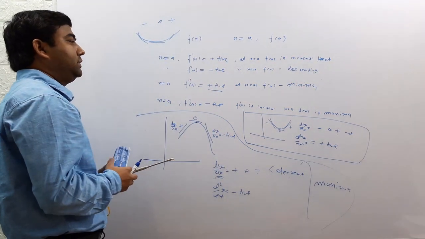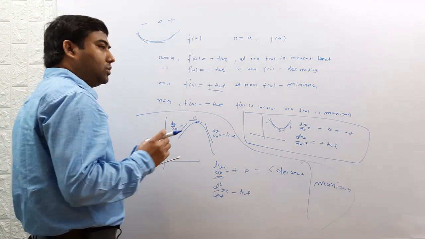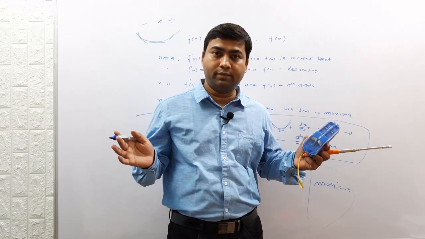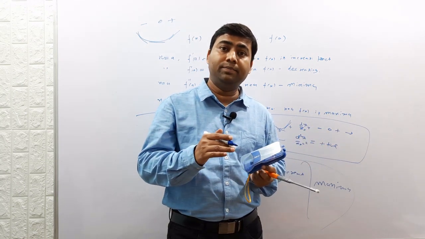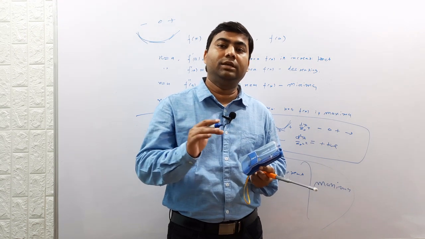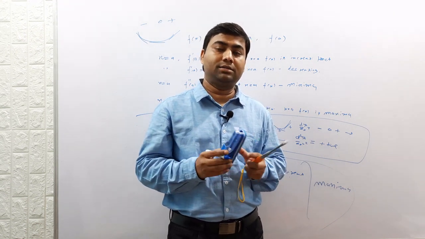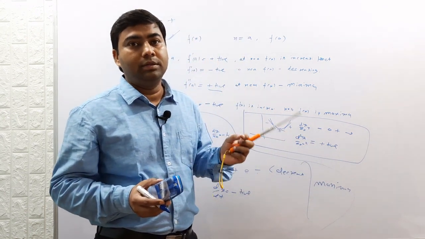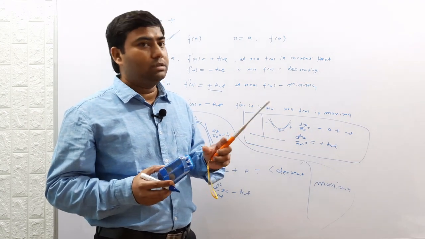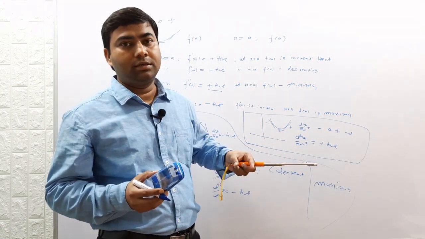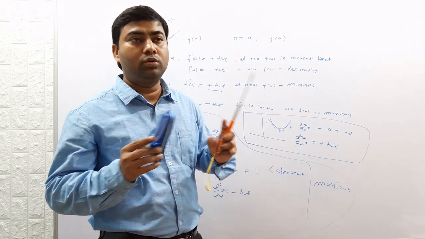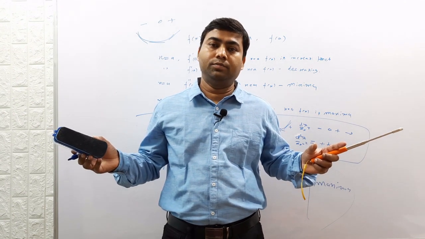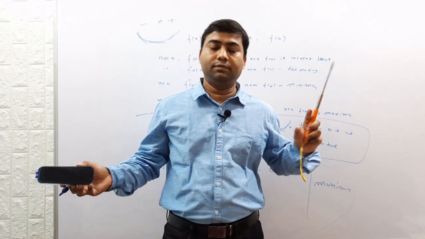So this is the way we define maxima and minima. Always remember, maxima is always a local maxima, it is not the maximum value of the function. Even the maxima may have a lesser value than minima. The absolute value of maxima can be lesser than minima, and the absolute value of minima can be lesser than maxima, because it is just a local change in the trend of the function. It's not the general maximum or minimum value of the function between plus infinity and minus infinity.